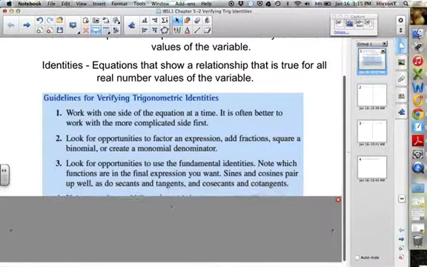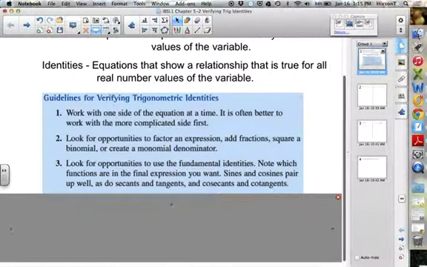Thirdly, look for opportunities to use the fundamental identities. And you're saying, well, duh, that's what we've been doing this whole time. The rest of this, though, is where it's particularly helpful. Okay? Note which functions are in the final expression that you want, and then also recognize sines and cosines pair up well. You know, for instance, sines and cosines pair up to make tangents and cotangents, or for the Pythagorean identity,